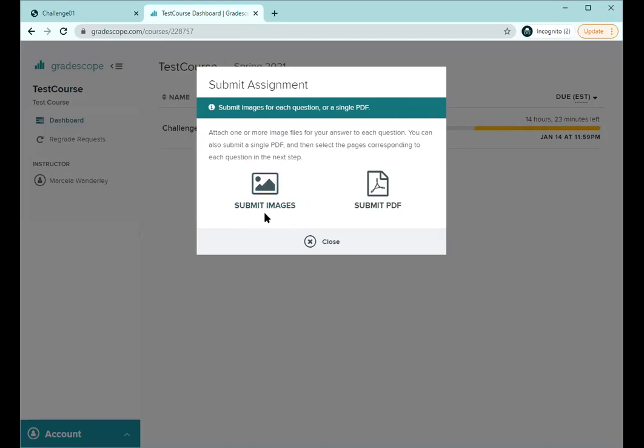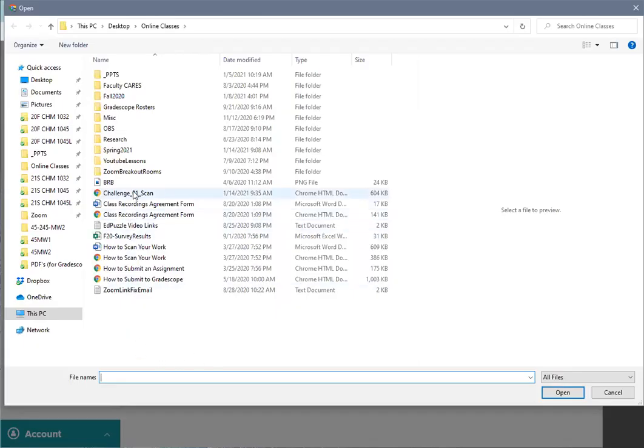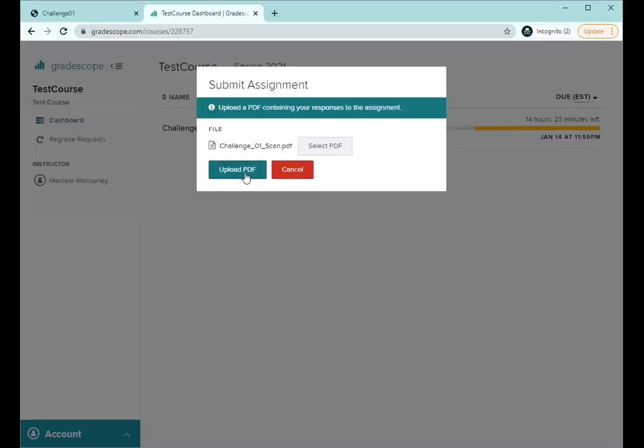It is going to cause so many issues. Submit as a PDF. Okay, so I'll click on this button. It'll ask you to select your file, which is why you've emailed it to yourself and saved it to your computer. I've got mine right here, challenge one, and then we'll upload it.